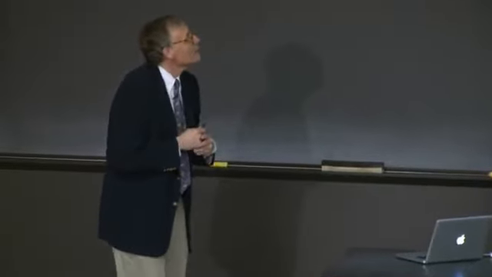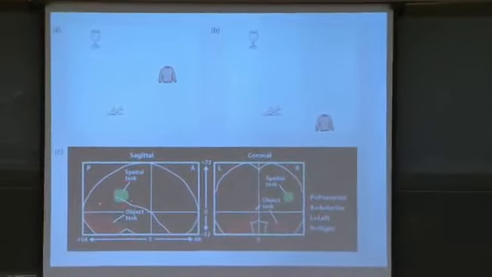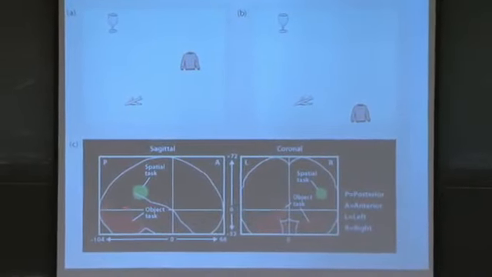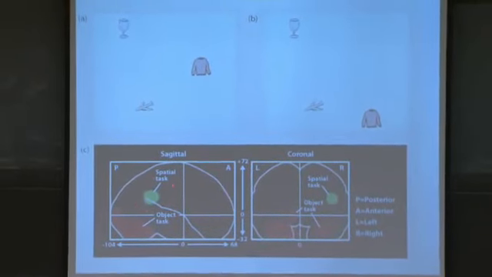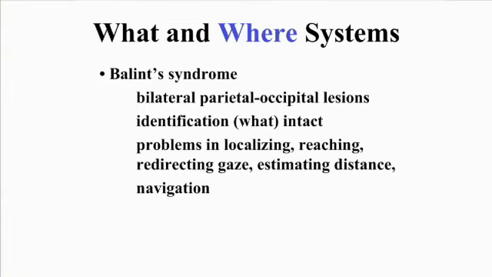And of course, in human brain imaging, you can do tasks that emphasize what an object is or where it is. And corresponding to the monkey work, we see activation in this where pathway towards the parietal cortex if you have to make a spatial judgment where things are located, or in the lower temporal lobe what pathway if you have to make a judgment about what object you're looking at. So that lines up in intact humans very much with what we see in primates with invasive studies.